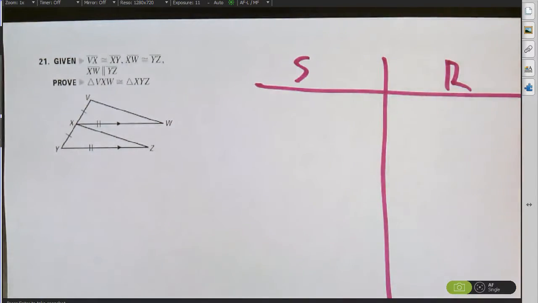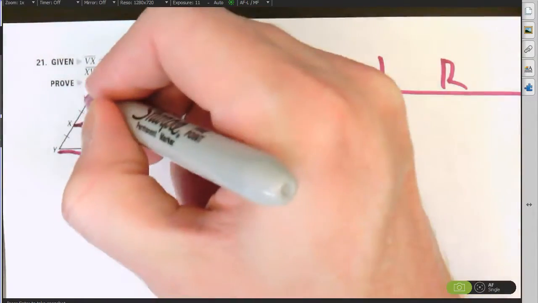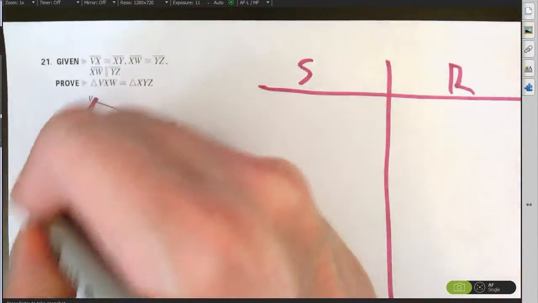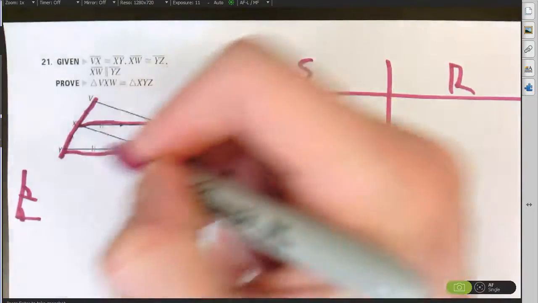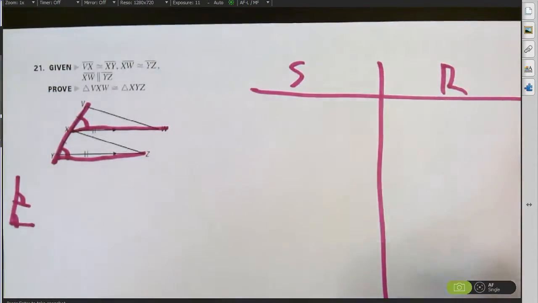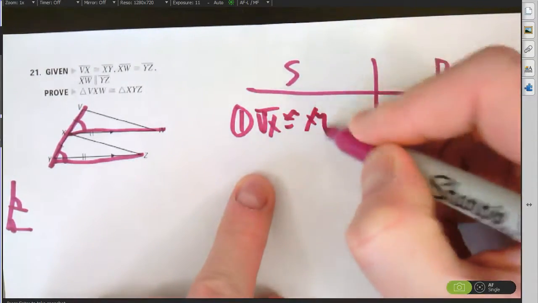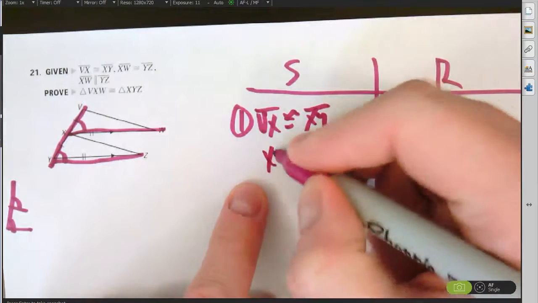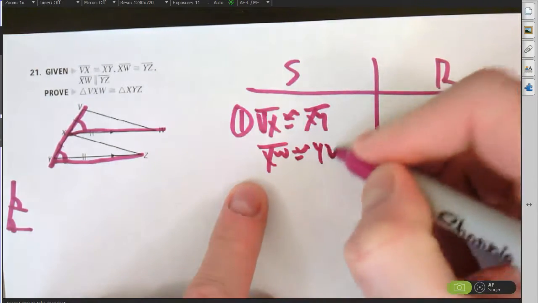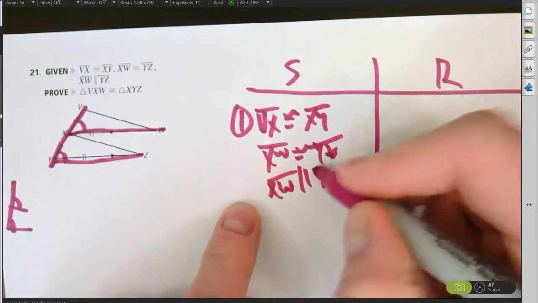Now, the question is, how do we know that? Well, parallel lines here, parallel line here. Here's the transversal. That is an upside down F shape. We have a pair of corresponding angles that are congruent. Okay. So, statements. 1. VX is congruent to XY, and XW is congruent to YZ, and XW is parallel to YZ,